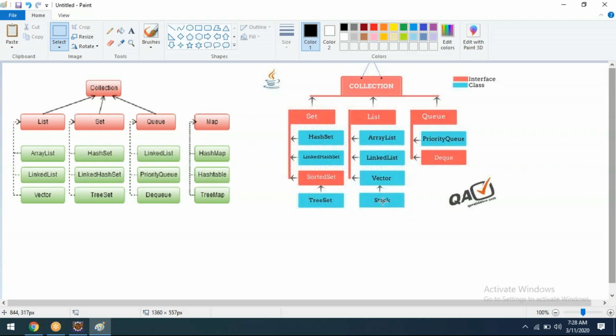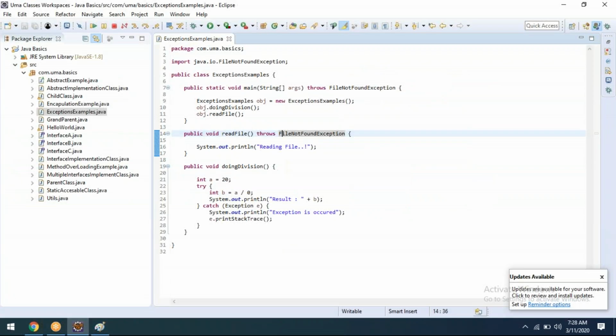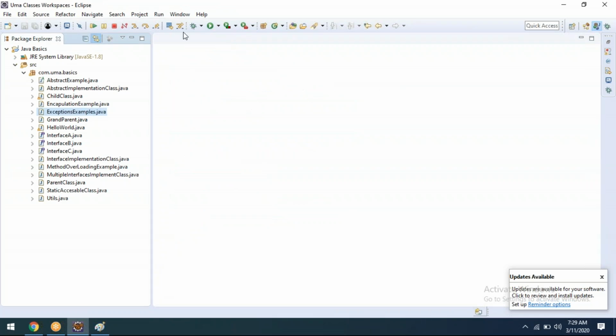Once the theoretical part is over, then we'll go for the practical. If we go for practical, what we need to understand here is, array list is the class. By using the array list, till now we didn't go for any predefined classes. Everything we covered, we had to design the class, create a method like that.